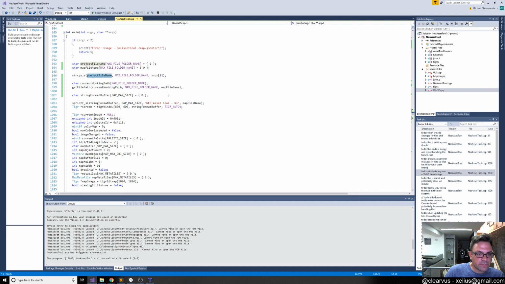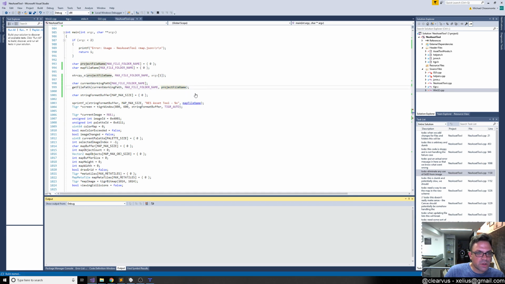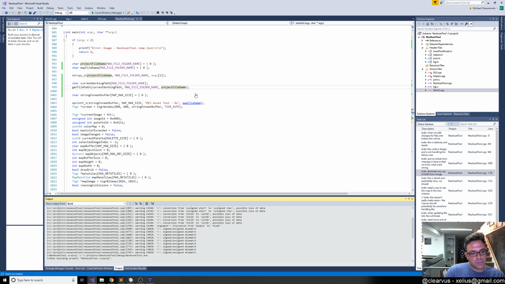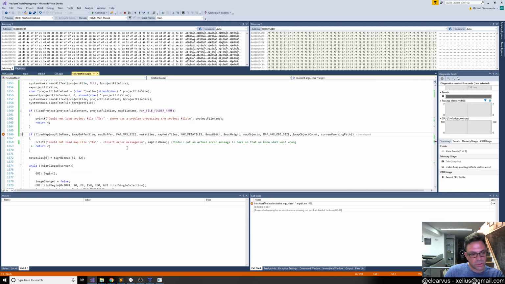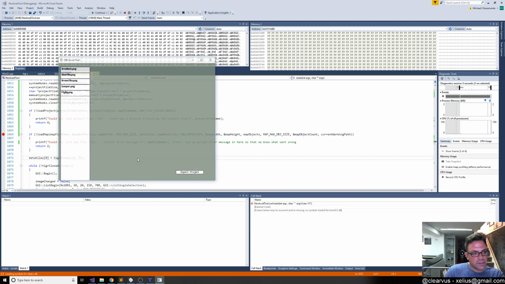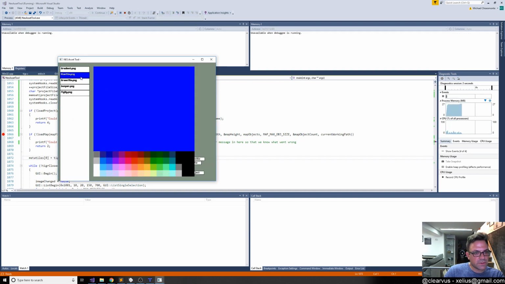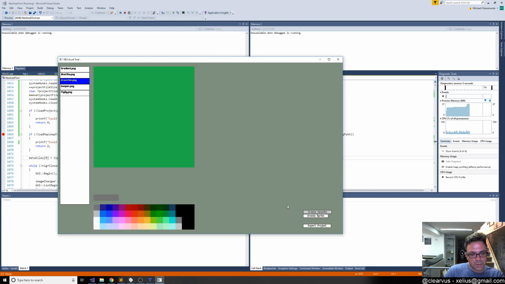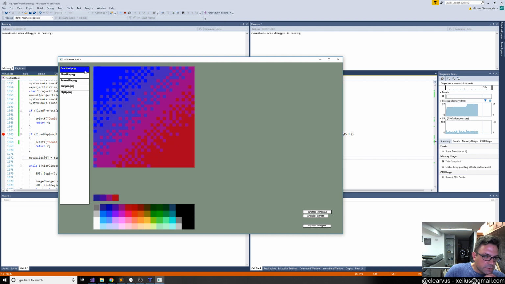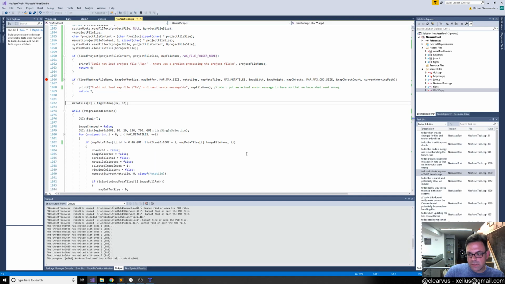Oh, because it's using map file name and not project file name. All right. I don't need to do that. I just want to check now that that loads. And it looked like it did. Okay, we're back in business there, albeit a very small window. Okay, so now that's loading that properly, and we need to